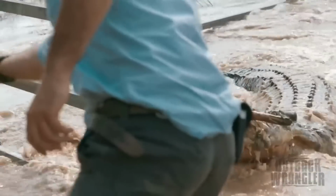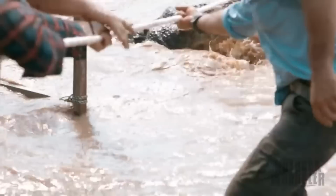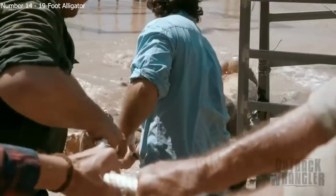Massive. He looks to be at least 18 foot, putting his weight close to a ton. That's near double the combined weight of the 5 blokes trying to pull him out. If the guys...